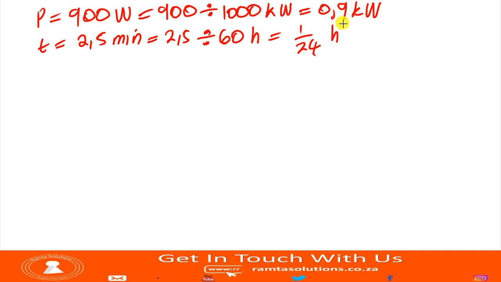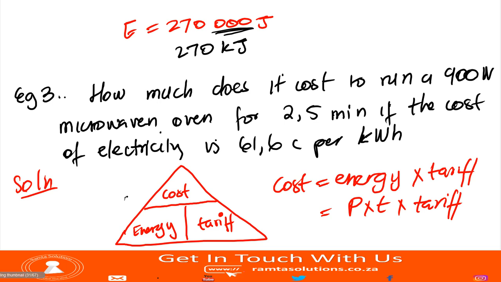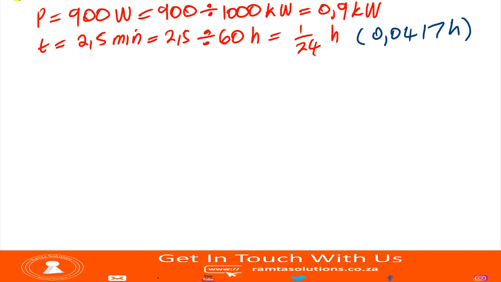Or, if you like, this is 0.0417 hours. It's okay like that. The tariff is in cents per kilowatt hour, so that's fine. Now we are saying the cost is